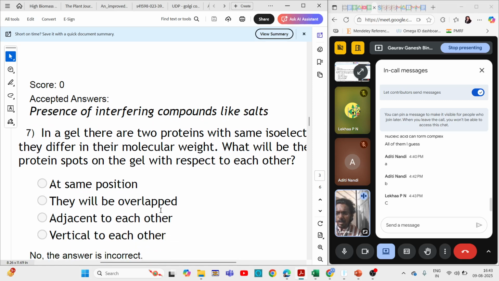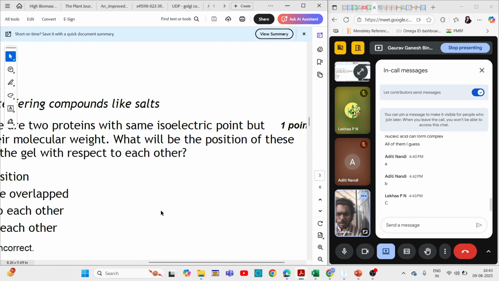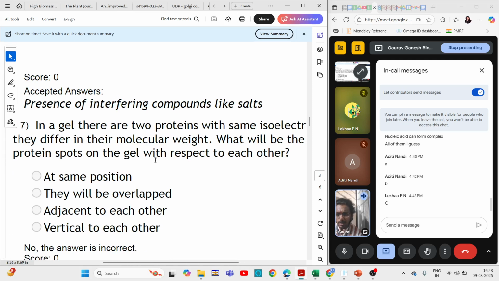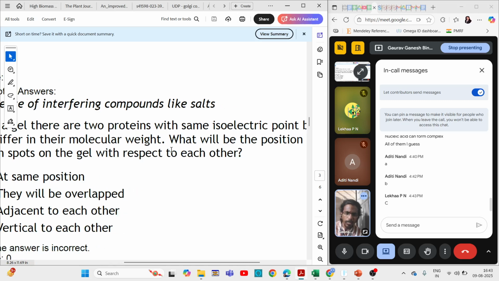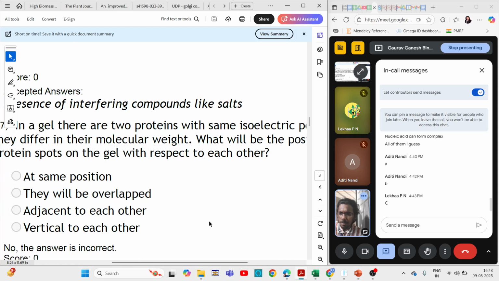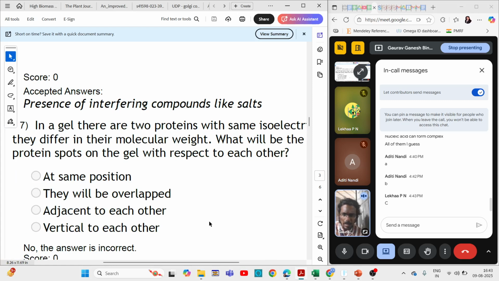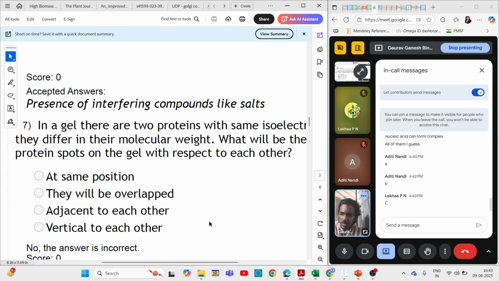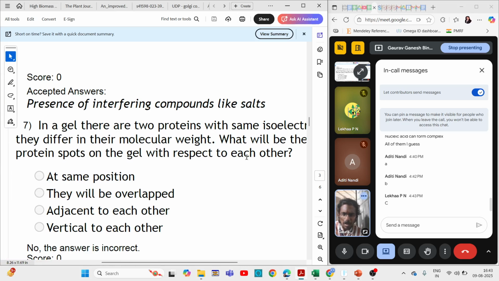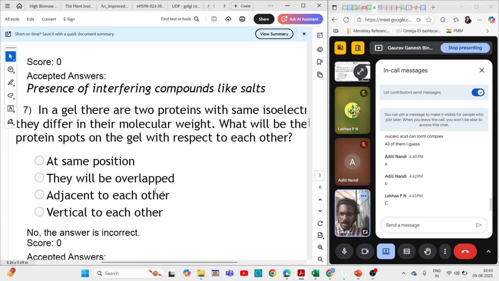In a gel, there are two proteins with the same isoelectric point, but they differ in molecular weight. Okay, they have the same isoelectric point, which means in the first dimension they will be at the same location. But they differ in molecular weight. So what will be the position of these protein spots on the gel with respect to each other? At the same position,